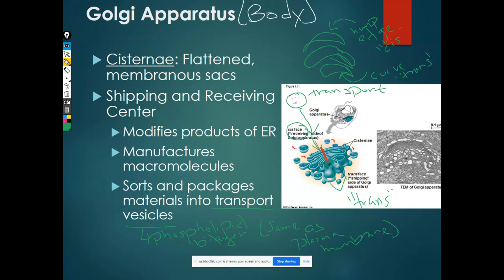Okay. So again, you're getting this unidirectional motion, right? Everybody comes in one side and leaves the other side. Okay? It's like a conveyor belt, a giant Amazon warehouse conveyor belt. Everybody comes in one side, gets sorted, labeled, stamped, and is shipped out the other side. Okay? And once we're shipped out the trans end in a brand new transport vesicle,